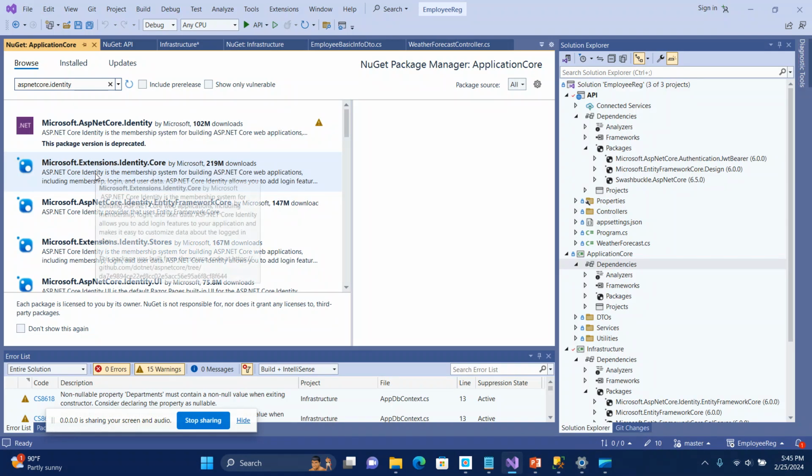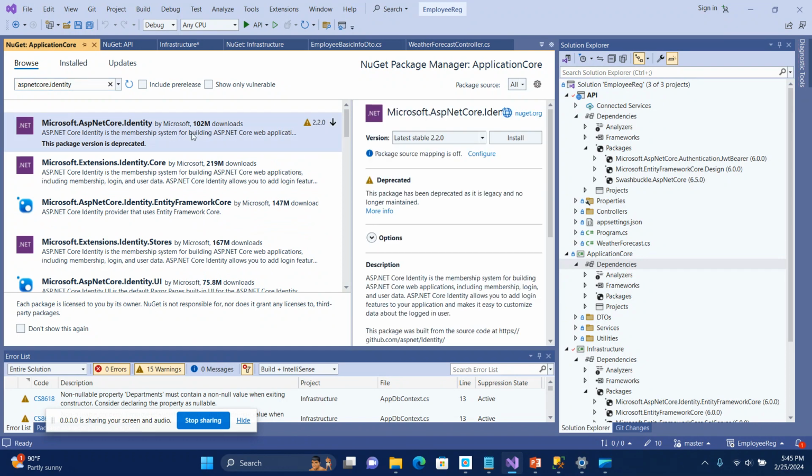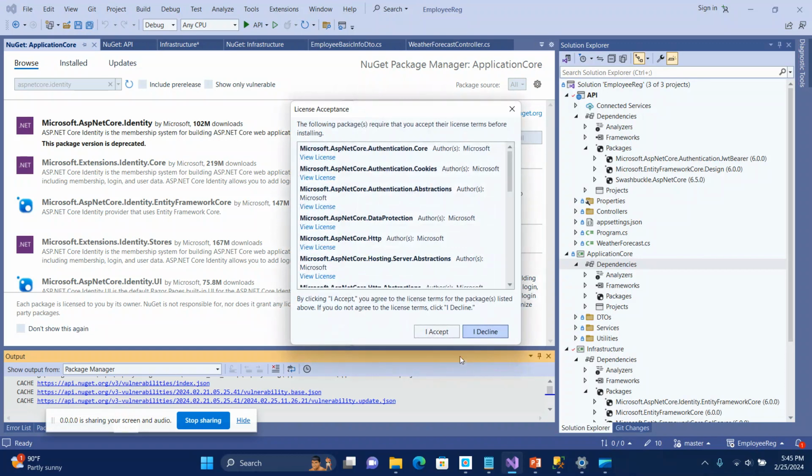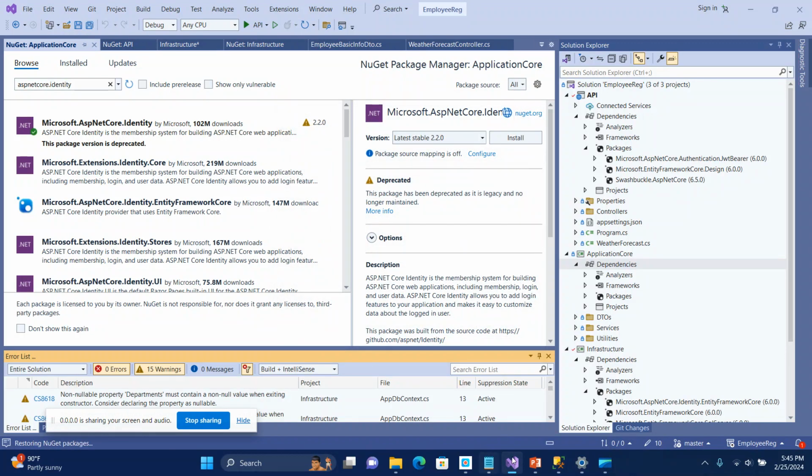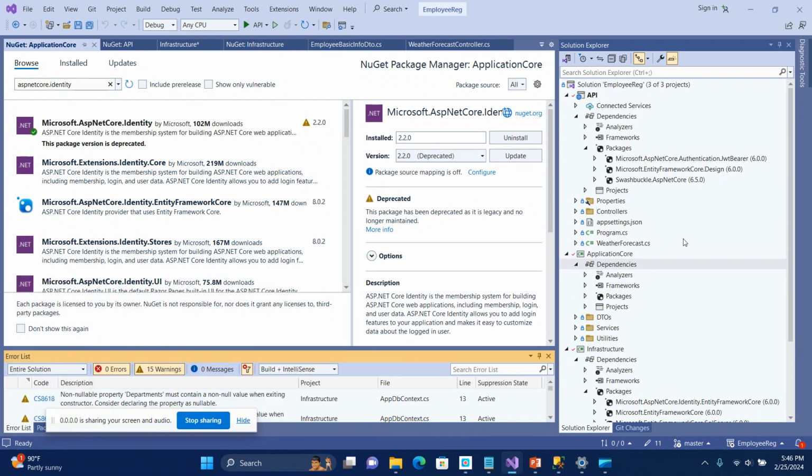Look for this: ASP.NET Core Identity. This is what we need for the logic area. I guess this is the version that's still latest. So let's try to install it and move on from here. Okay, so we expose some classes. So as seen on the screen as well, this has been